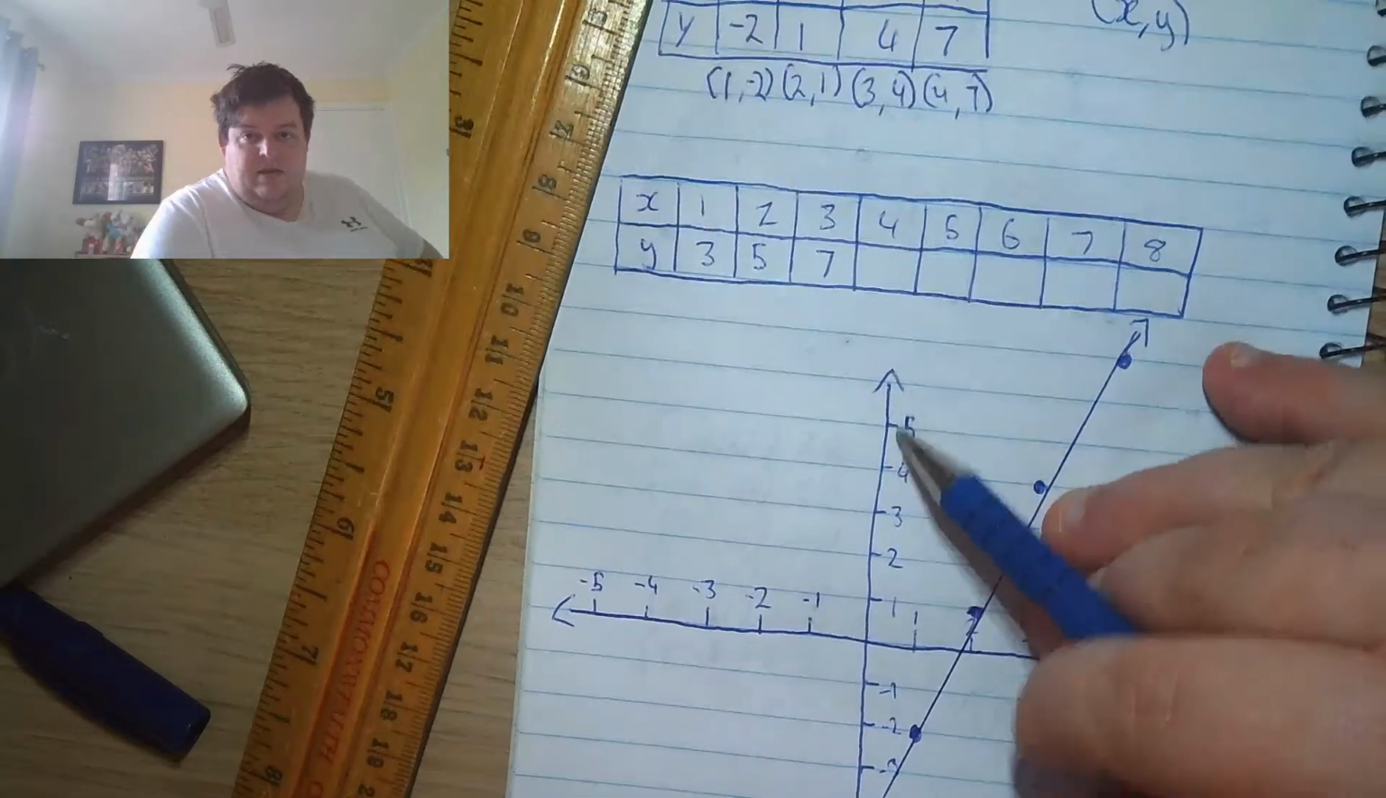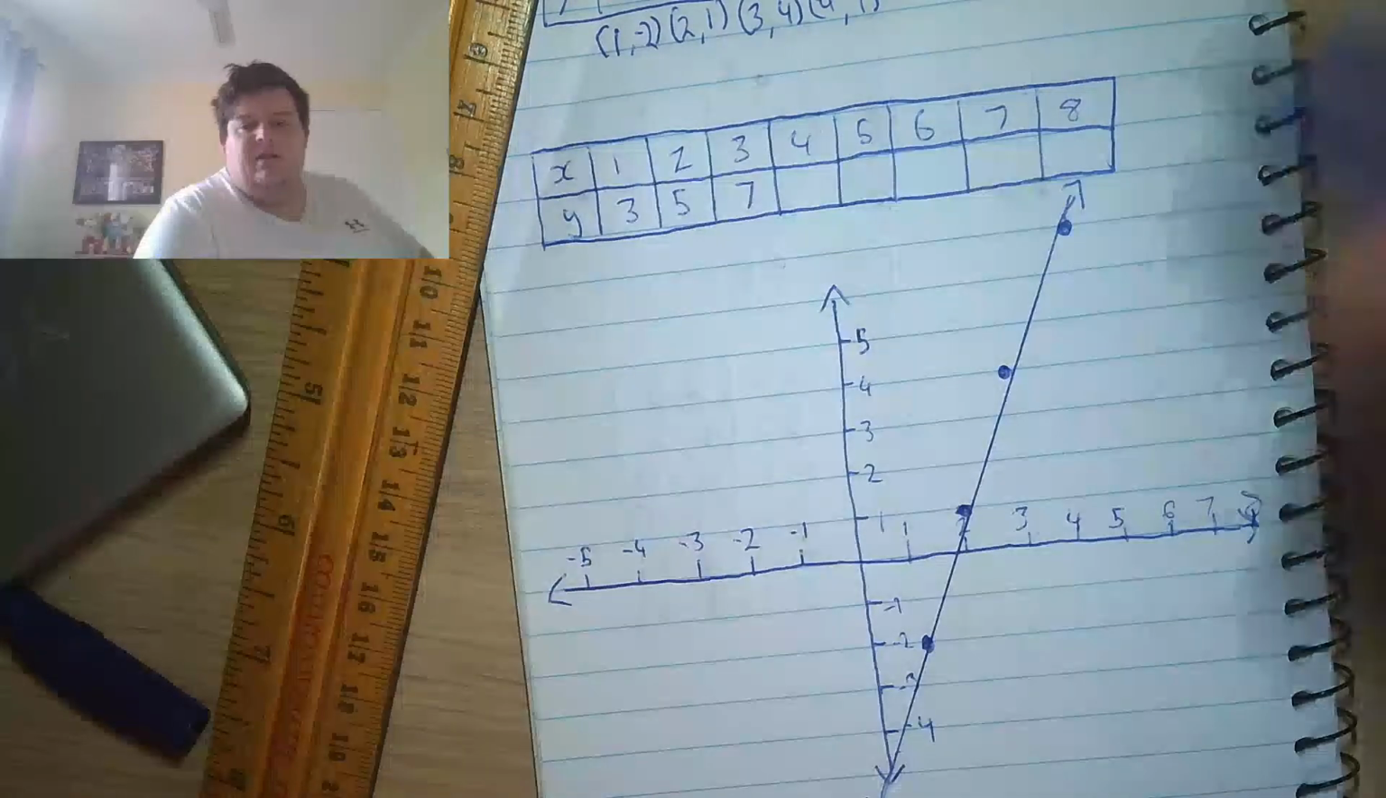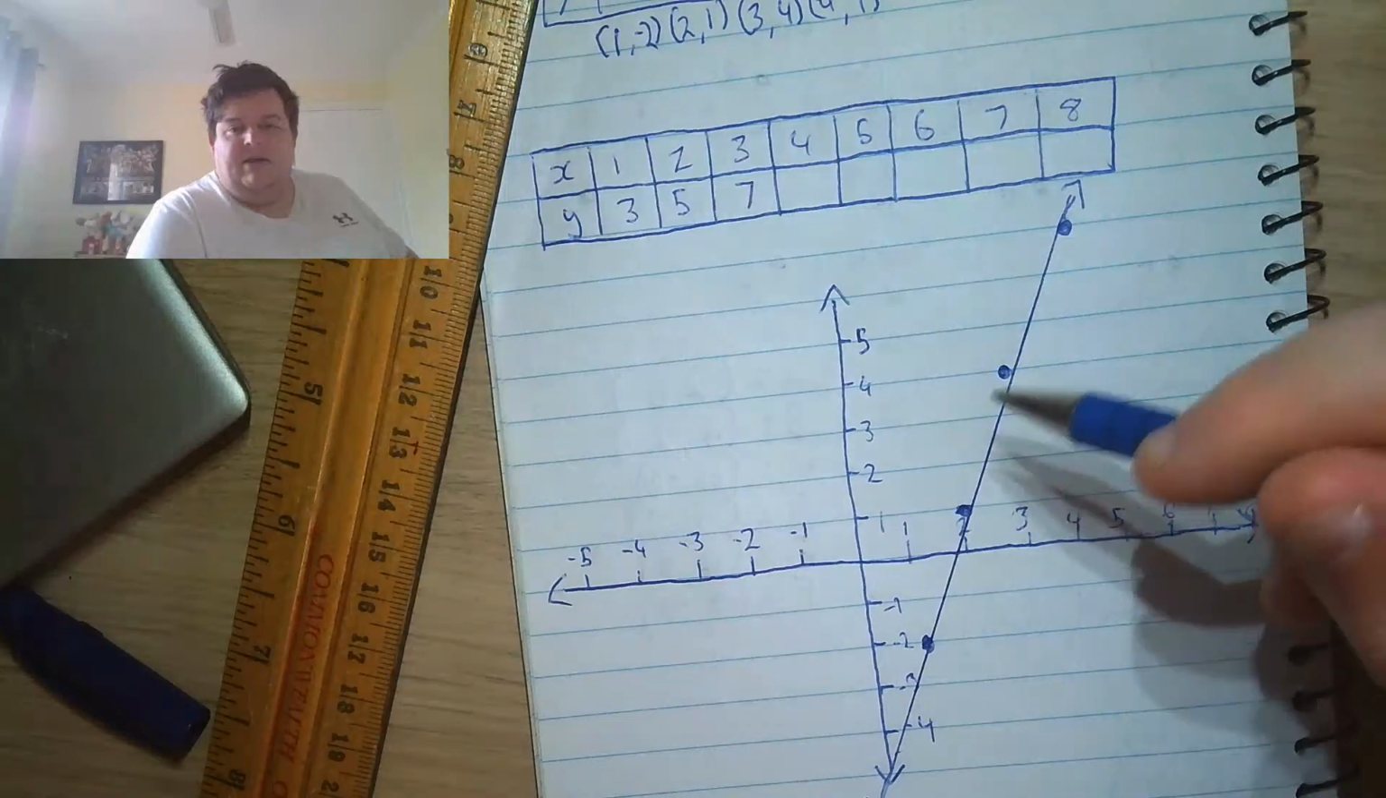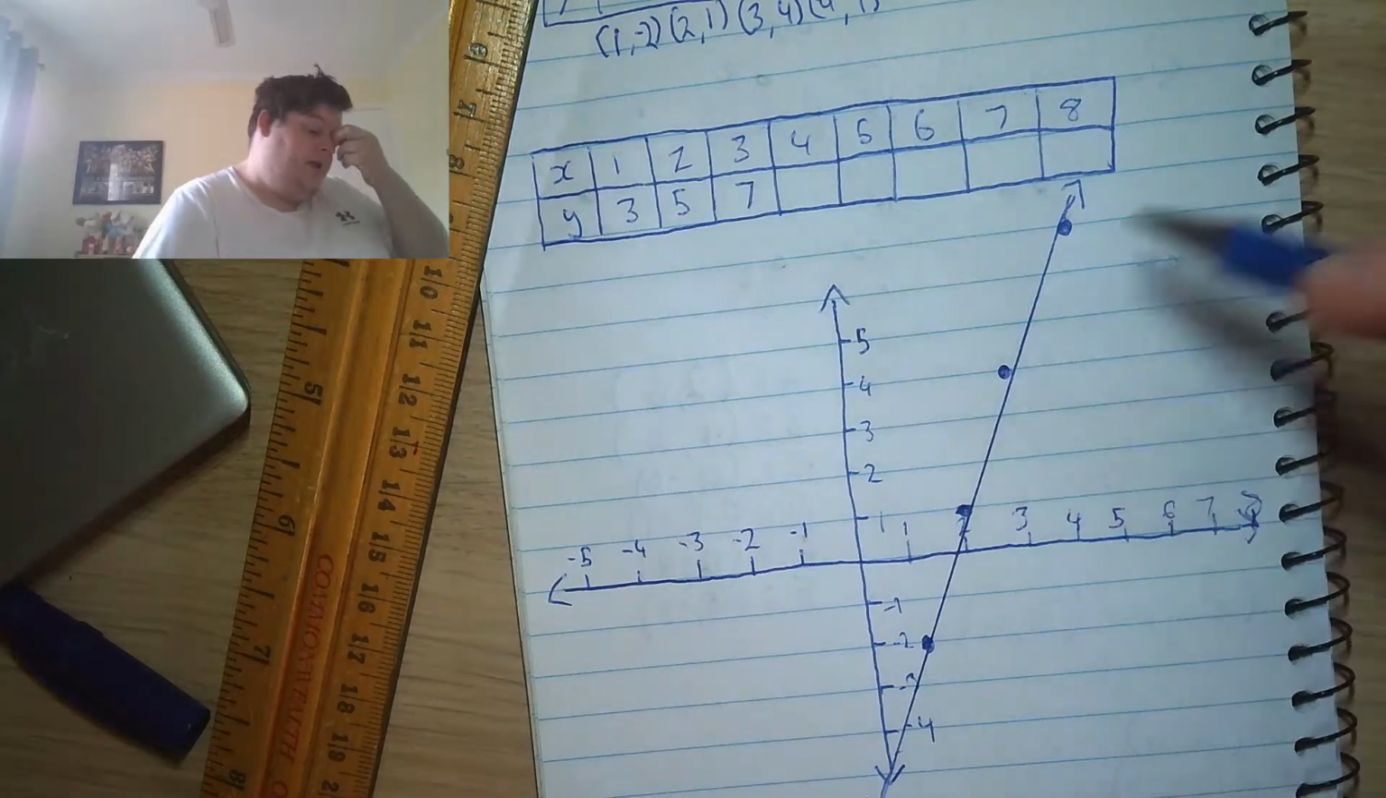Right? And that's how I've just plotted that table of values. Plotted all those points. I've drawn my straight line through it. That is how I've done my linear graph. Right? So,